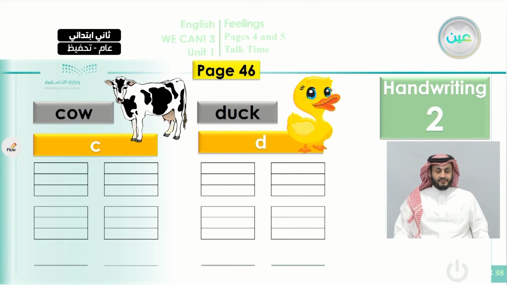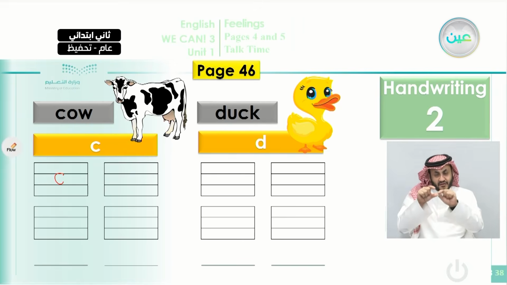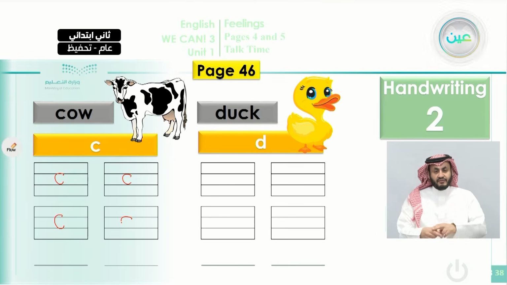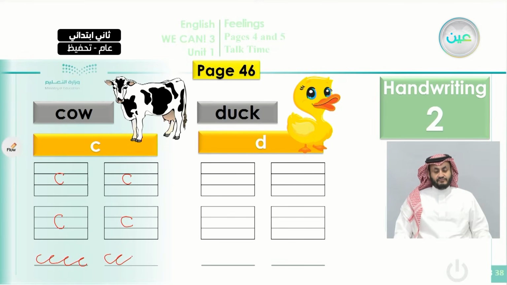But the most important thing, how to write C. If you want to write C, you have to be careful to write it in this place only. Okay, don't exceed the limits. Just write exactly inside these 2 lines and not less than that. So C is written like this. If you want to make it in cursive, you do like this. It is very important for persons who want to practice cursive to start writing the letter correctly and to end correctly.